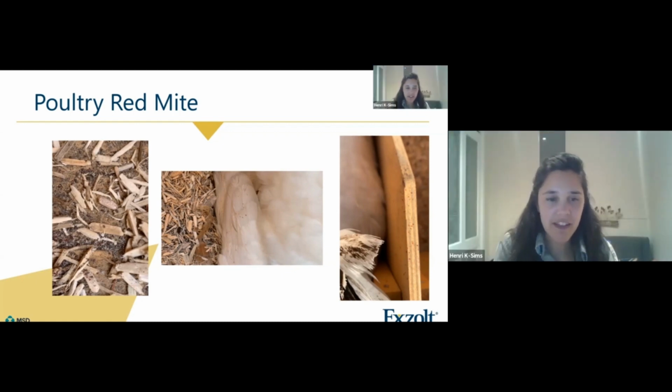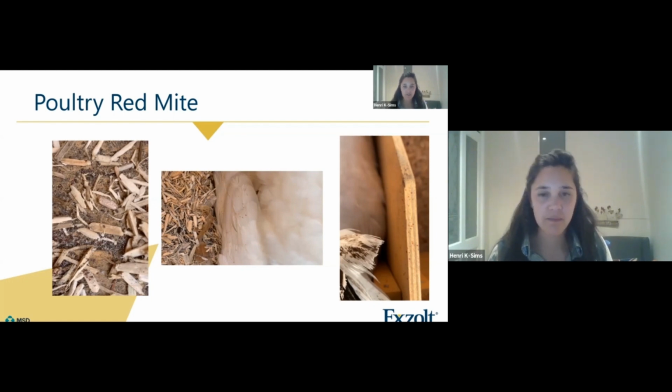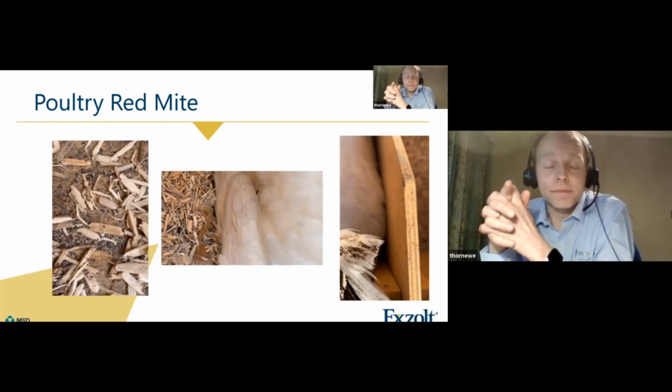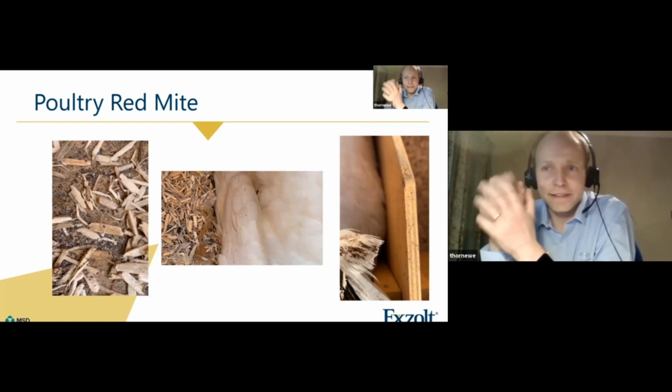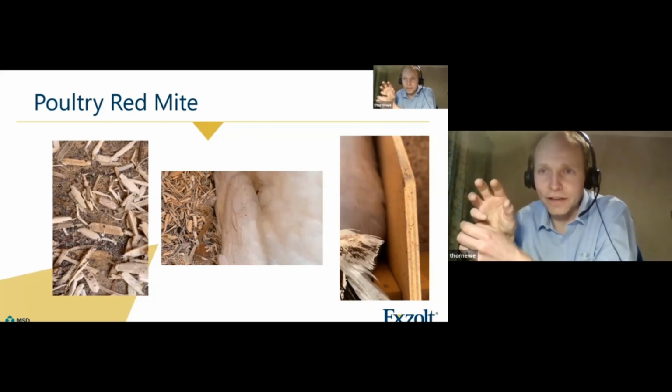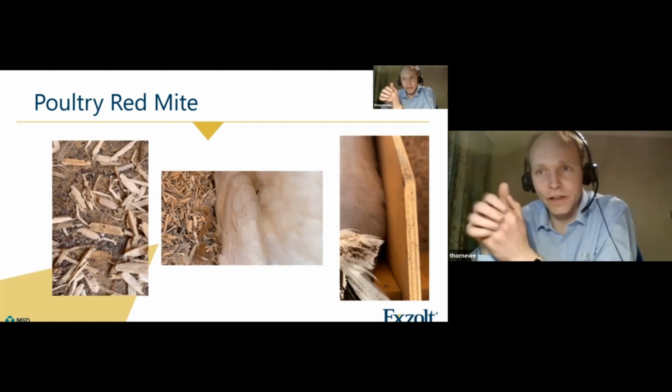So we've talked about their life cycle and what they look like and how best to identify them. That paper trick is fabulous. I think everybody will be turning paper upside down from now on, won't they? But do you use red mite traps and things as well for monitoring? I see some companies sell them to backyard and pet owners, but again, in commercial settings, there's a few things on the market, and the latest technology is moving into artificial intelligence, where we look in with cameras onto the chicken, and you monitor the bird behavior, especially at night, because